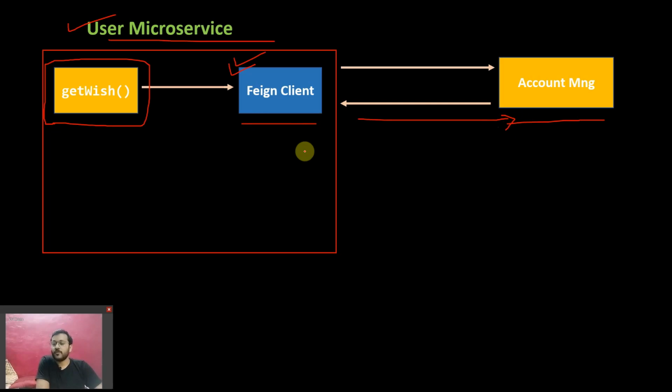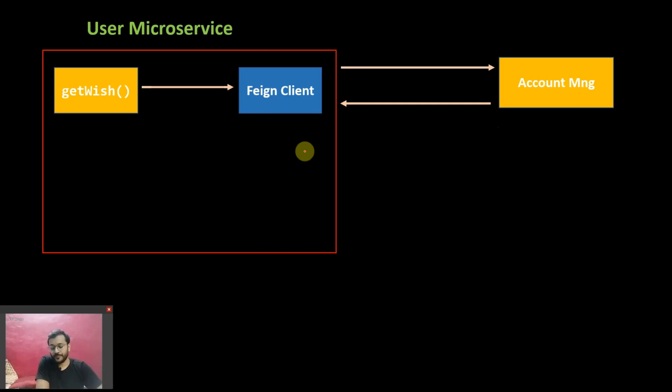Understand? Now see one thing, let's suppose something happened and this microservice is not working, like it has fallen down, so the response will not come, right, or an error will come. So what will this microservice do? It will wait for a certain time and then throw an exception, because the response is not coming, obviously, right?